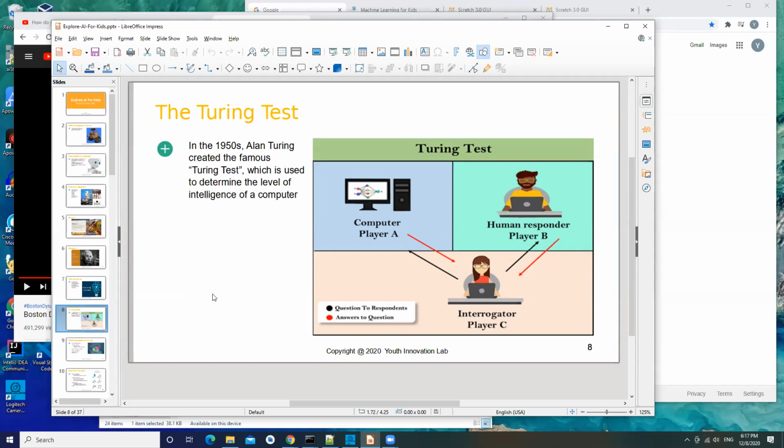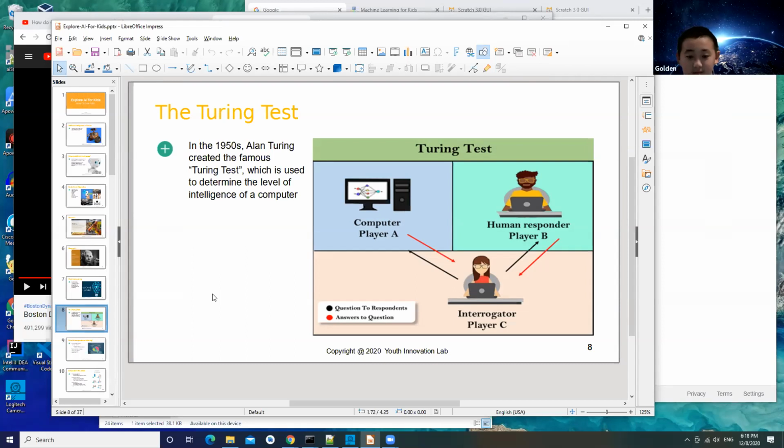The whole point of this test was raised by a very famous scientist. He was considered a pioneer, one of the earlier creators of the modern computer. His name is Alan Turing, and Turing has